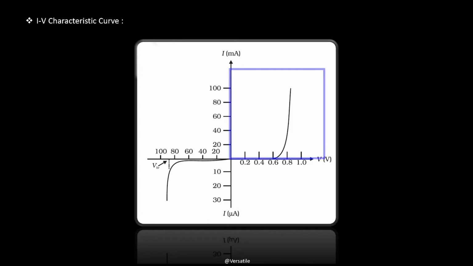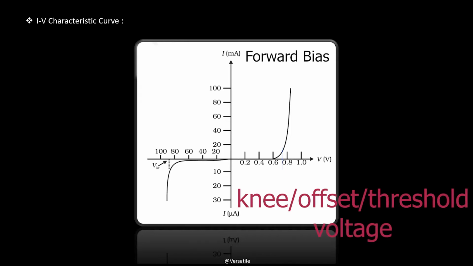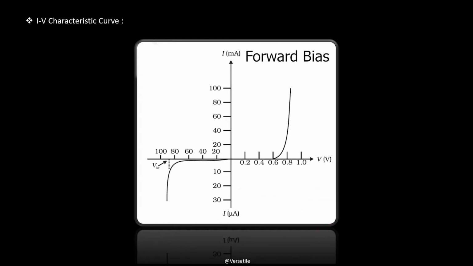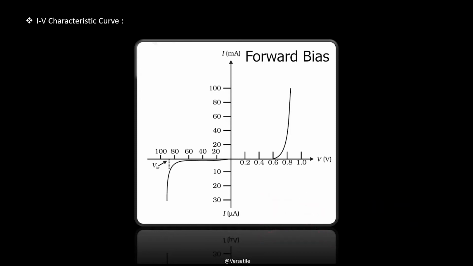In the forward bias region, we see that when the voltage is small, the current is almost zero. This continues until the voltage across the diode crosses a certain definitive value, V0, known as knee voltage or offset voltage or threshold voltage. And above this voltage, the current increases rapidly, and for silicon, threshold voltage is equal to 0.7 volt, and for germanium, it's equal to 0.3 volts. We can clearly see that the curve is non-linear, meaning that Ohm's law does not hold good for a p-n